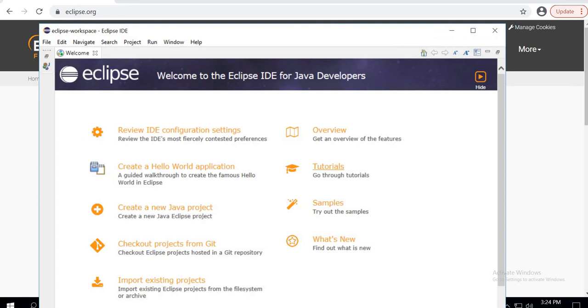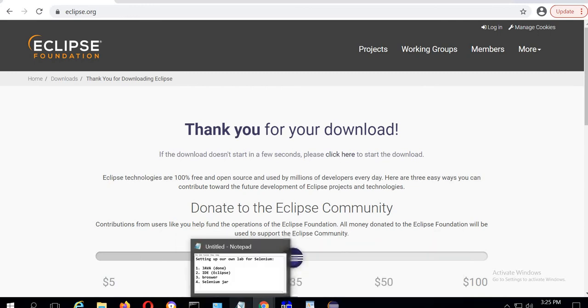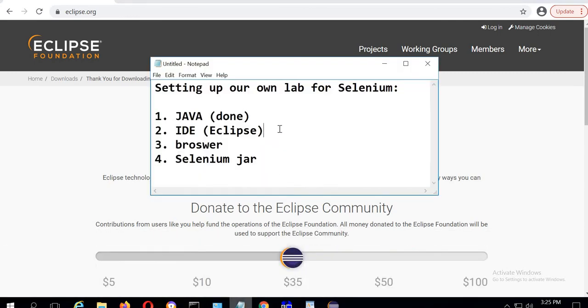So now you can see this is the home screen, or the welcome screen for the Eclipse. I'll close this. There is a link called create Java project, because since this IDE is new, there is no project imported or created. So let's not talk about this in this video, because here we're dealing more with how to set up the environment. In the upcoming videos, we'll talk more on the Eclipse and how we can run the test case from this Eclipse. So now again, we'll go to the checklist and we'll update that the IDE is also done.